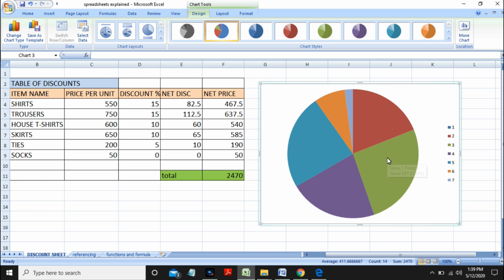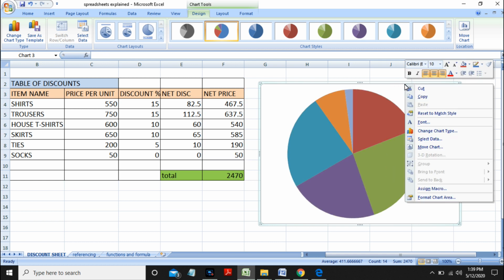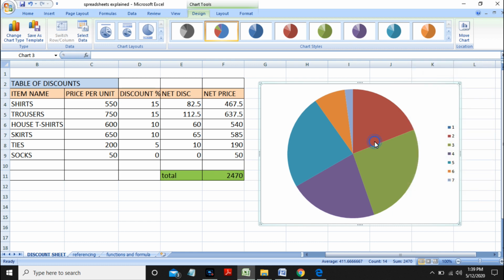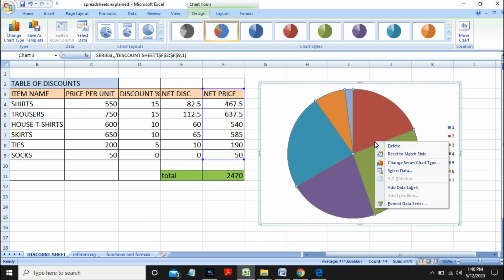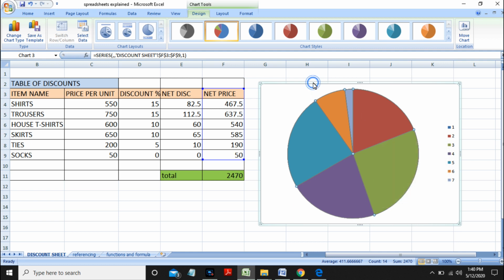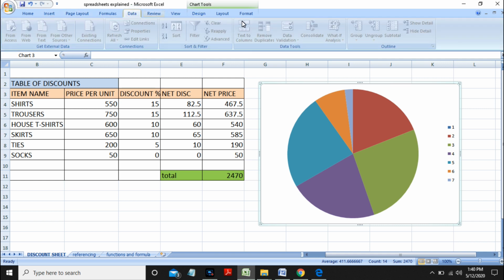All right, you can always give a name to the chart. If you want to edit the chart, just right click on the chart and it'll ask you to format the chart area. You can select the chart right here, right click on it, and you can change, add data labels. You can select the chart here and go to the charts layout. We've selected the chart and we go to the layout and format